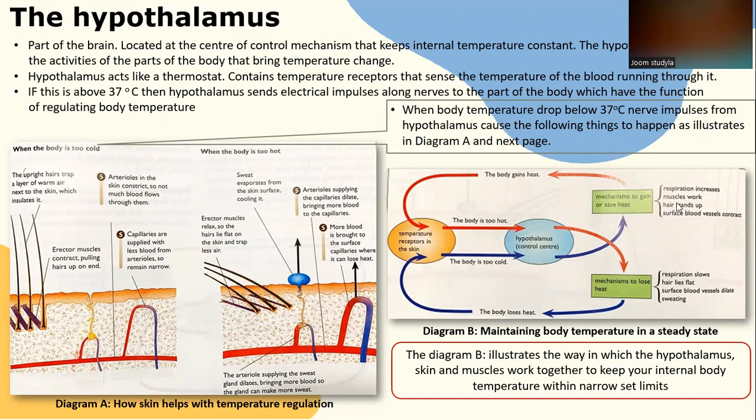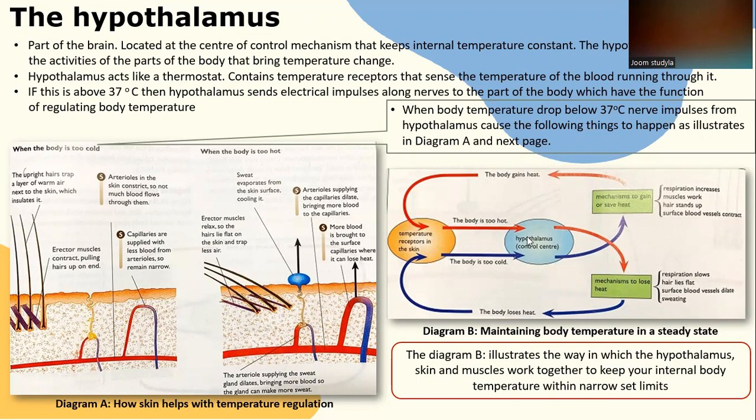As a result, respiration increases, muscles work, hair stands up, and surface blood vessels constrict. Then the body will gain heat, and the temperature receptors are in the skin. This is how it works to gain heat so that the body won't feel